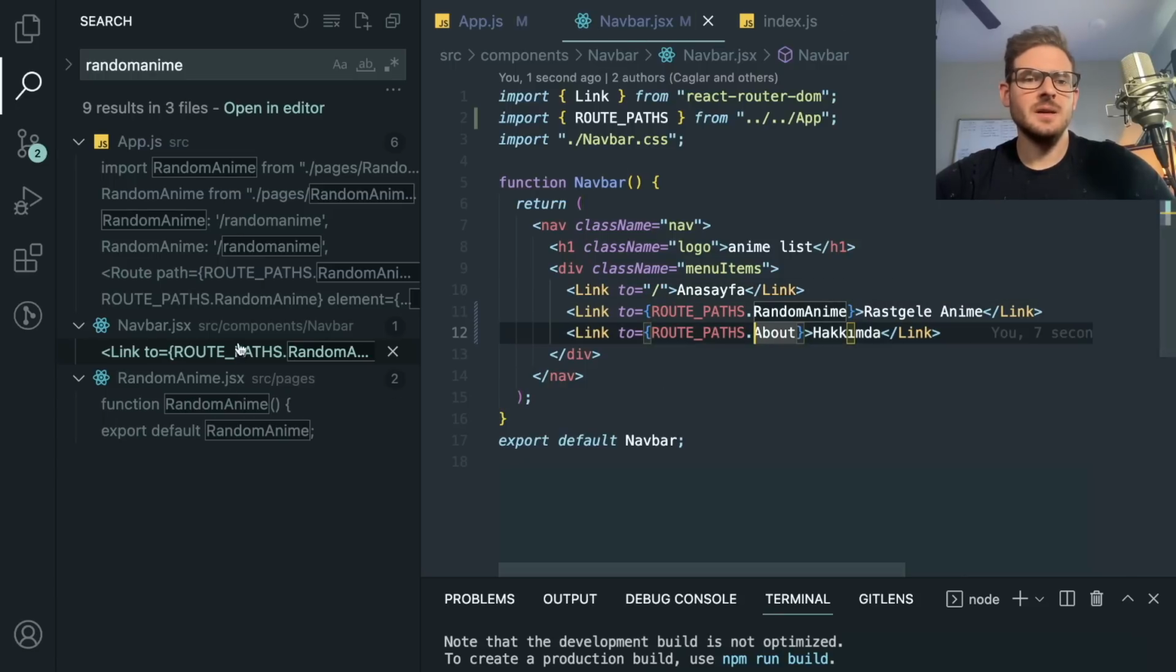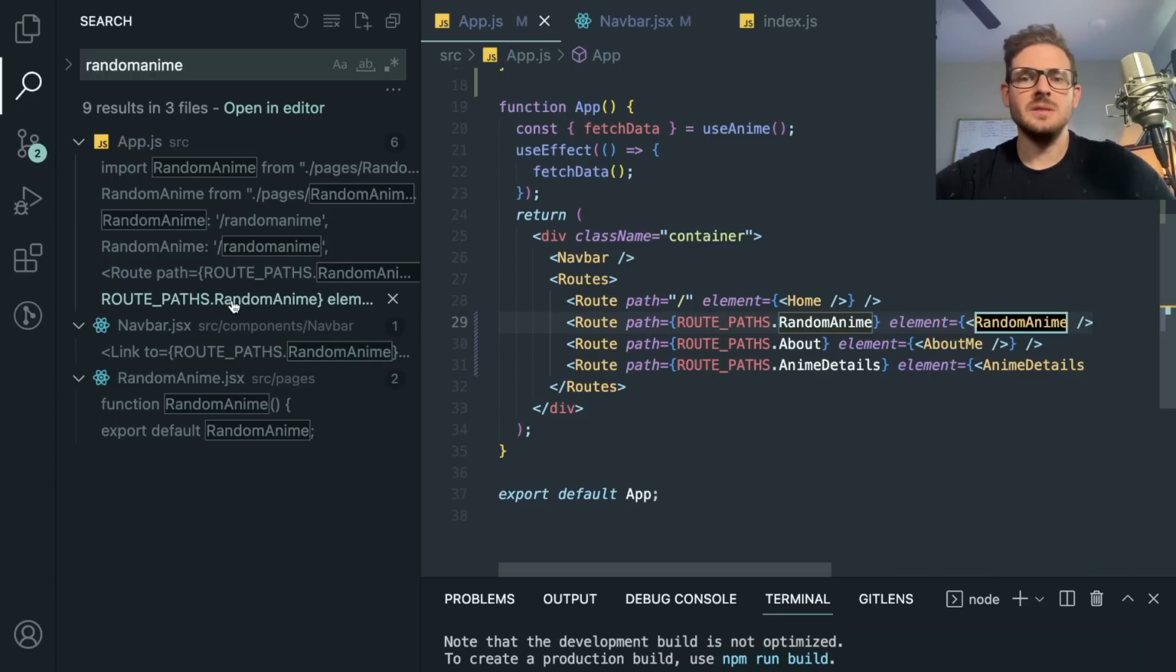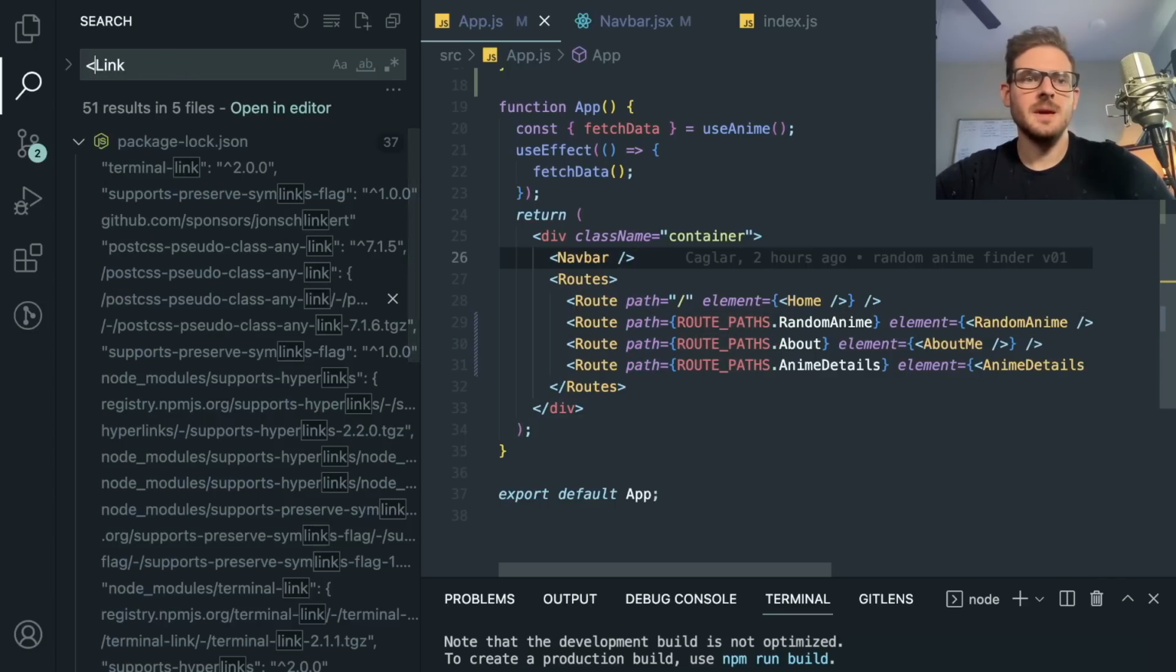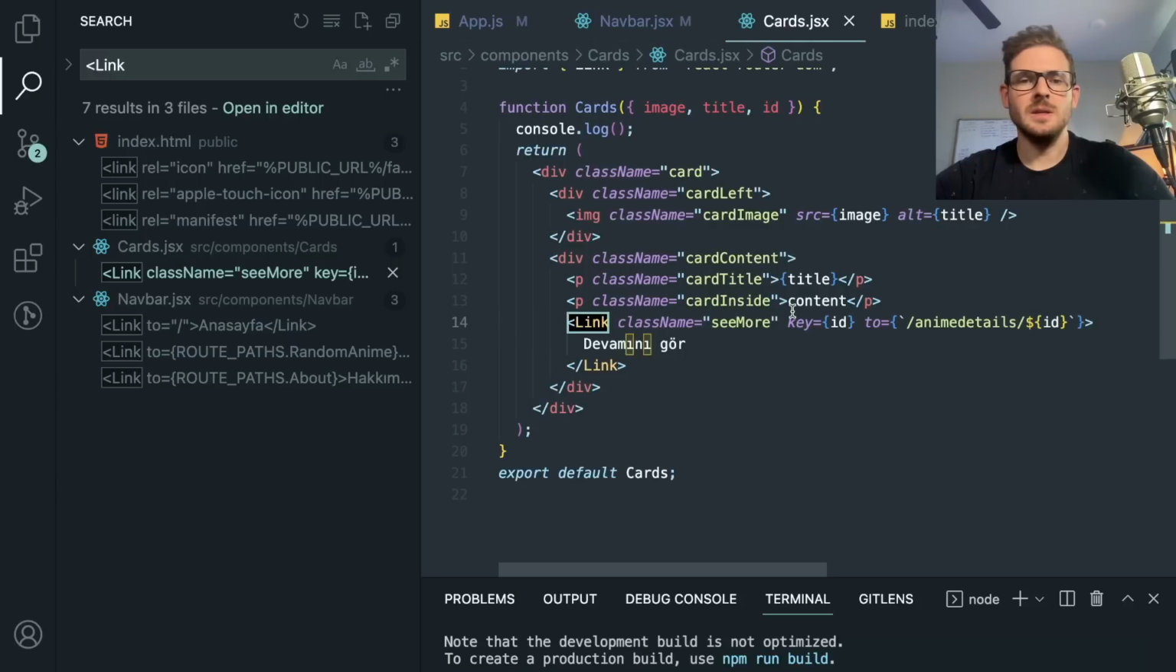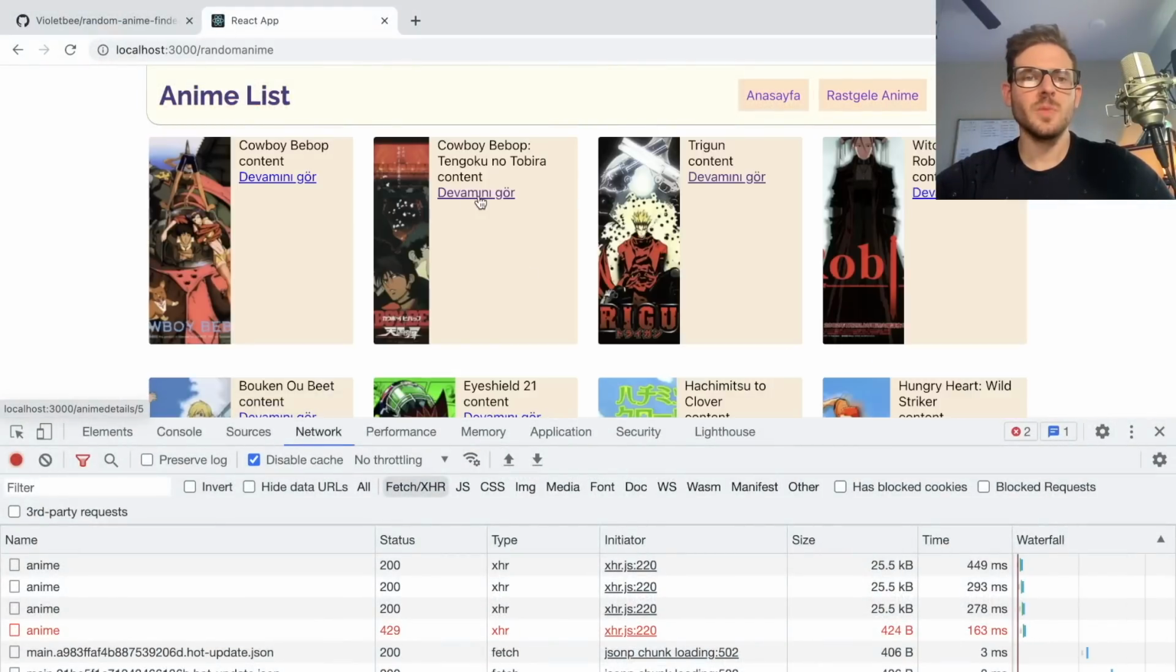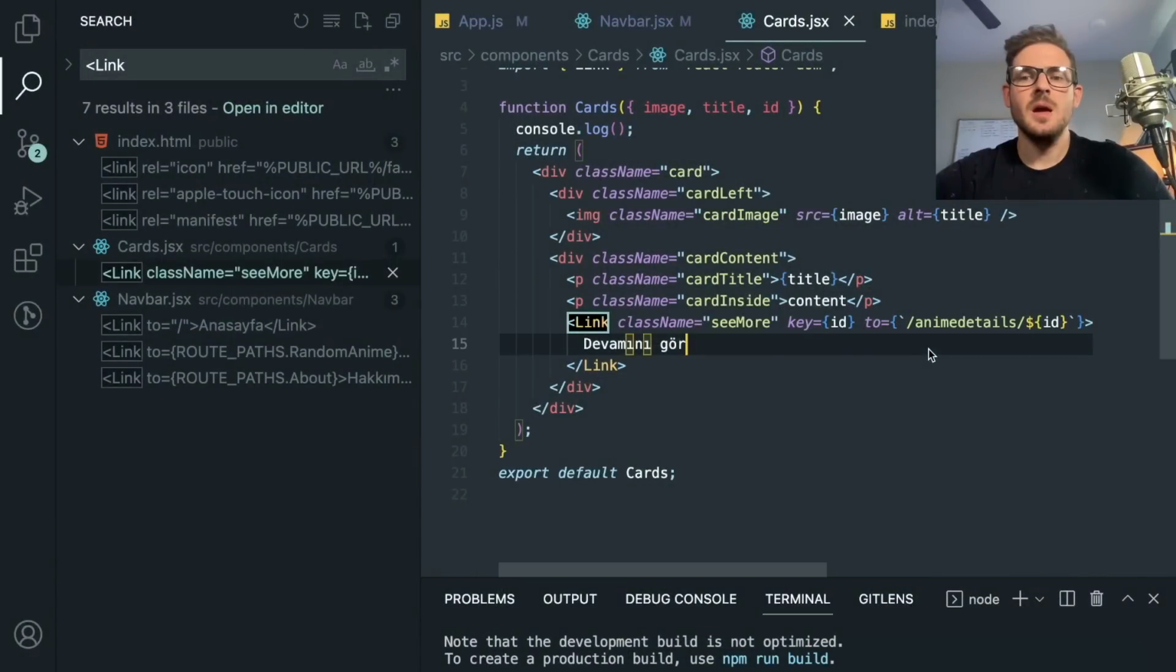Let's try to find, are there other links that are doing the same approach? Find anywhere on the page where we're doing a link component. And it looks like we are mainly just doing it here. Although there is in the cards, when you click on the actual anime, it does have a link that goes to that details page. So going back,